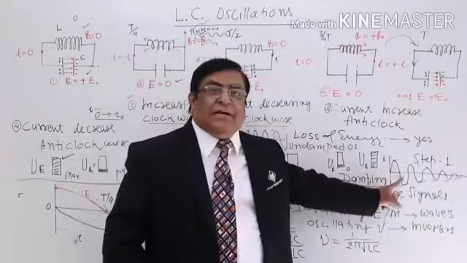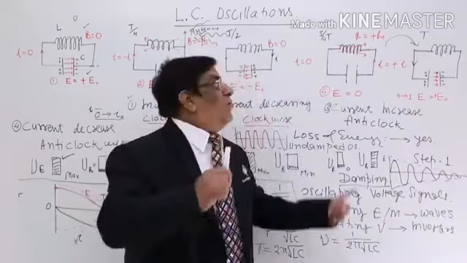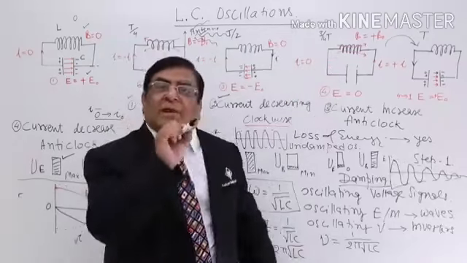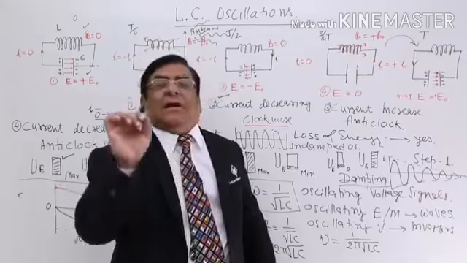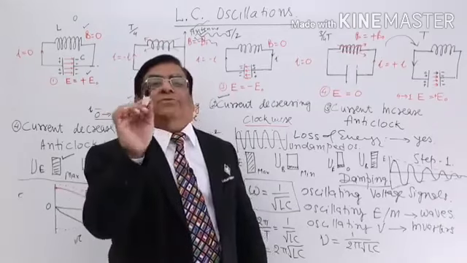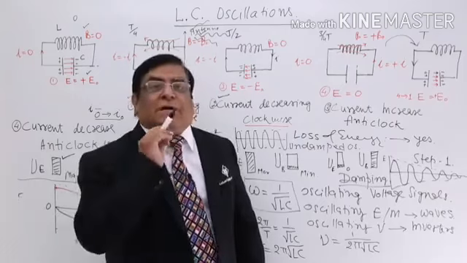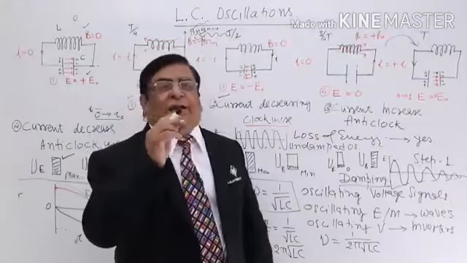We are not giving energy to it. We have given energy once, allowed it to oscillate this way, this way, this way. So first time the electric field will be 10, second time it will be 8, third time 6, 4, 2, finished. So if we want to continue this, we have to give it energy,